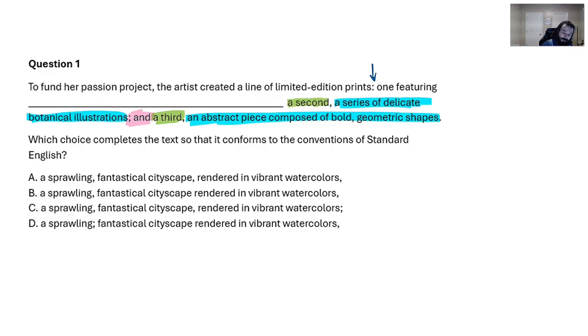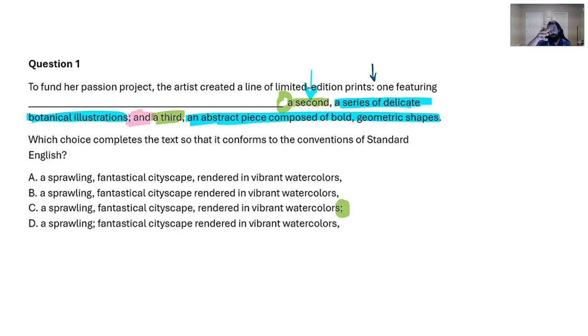In fact, this already says a second, so there's kind of a clear indication that what we're missing is an element of the list. Okay? And because we have the semicolon and we see item description and item description, we could probably see that we're looking for item, comma, description, and then a semicolon right before a second. So actually, right away, we know that the answer is probably going to be C,